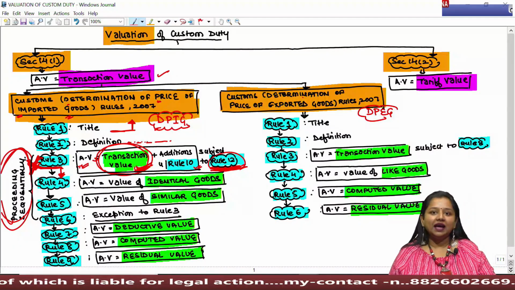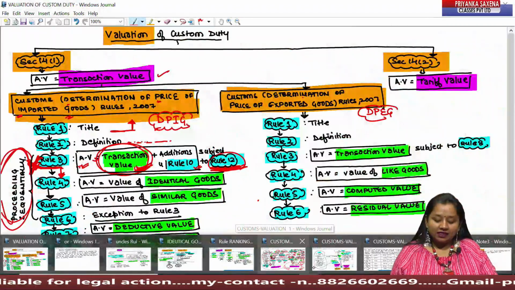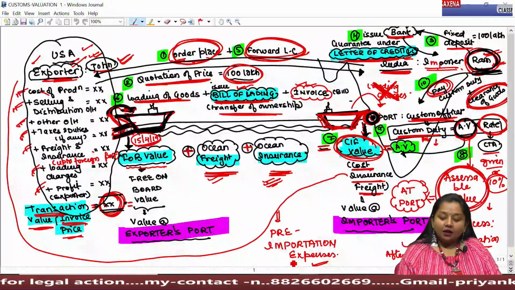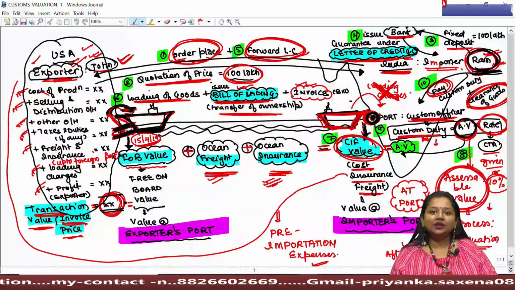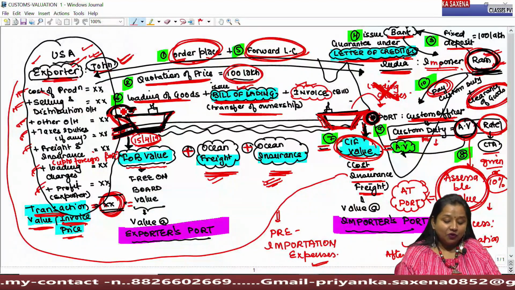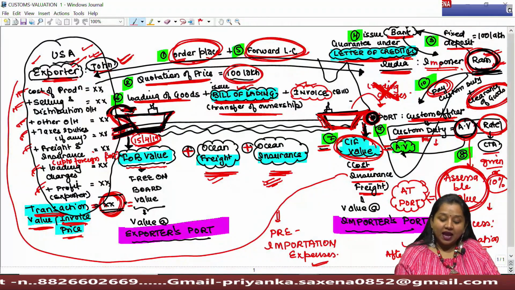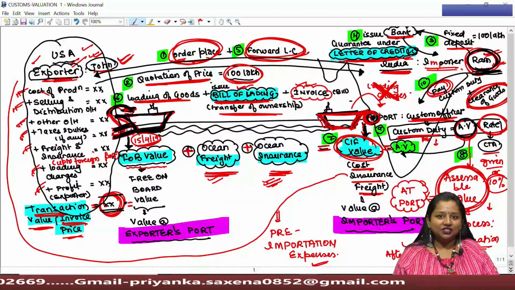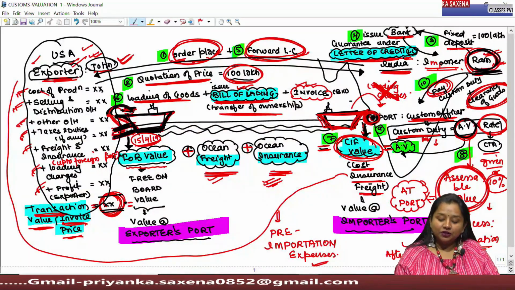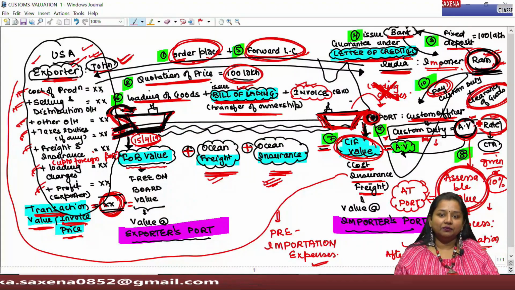Earlier we had concluded that whenever goods are coming from abroad, the exporter, after obtaining the guarantee letter from the importer under letter of credit, shall forward the goods from the port of exportation to the port of importation. And at the port of importation, the custom officer shall be liable to charge duty on such goods, for which the importer shall be liable to compute duty by multiplying the rate of duty with the assessable value.